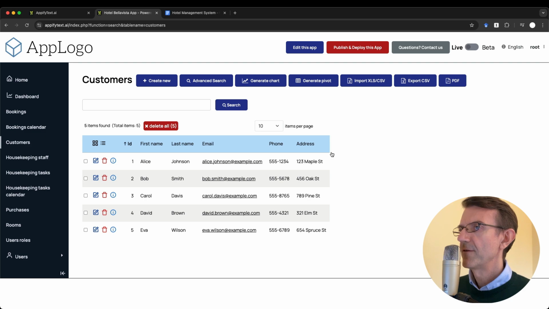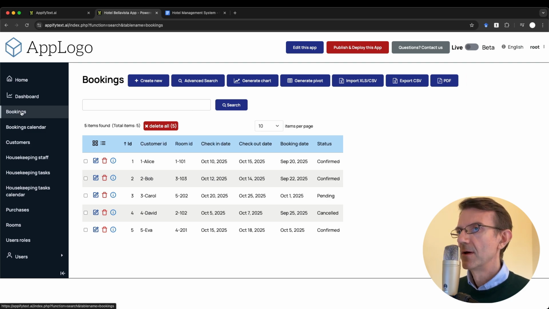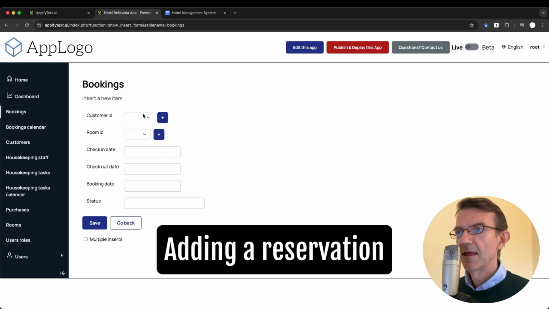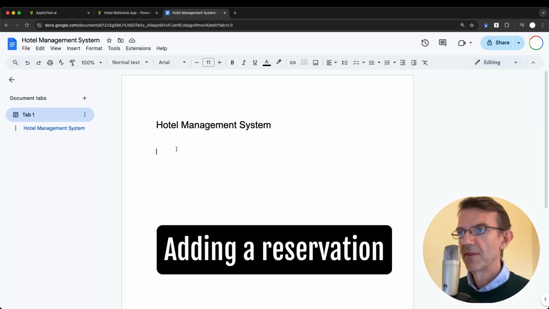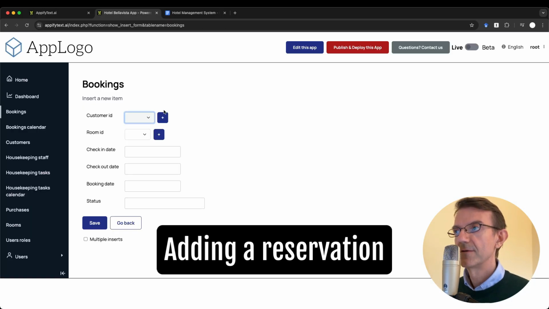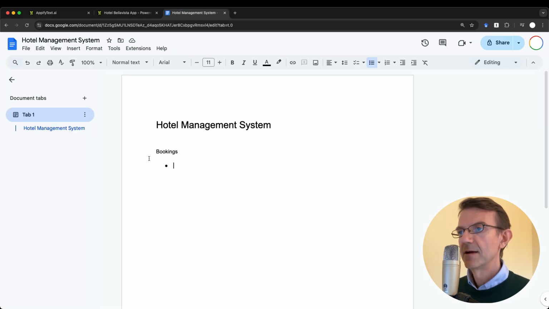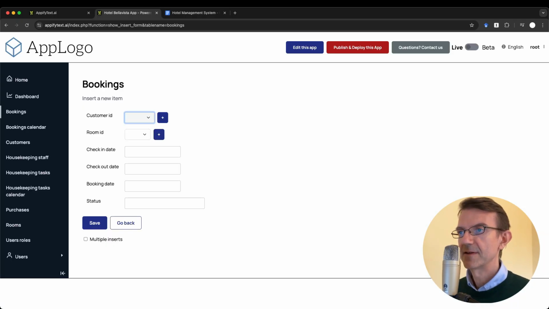Okay, the very first thing I will try to do is adding a new reservation. Let's say that we want to add a new reservation. We select the customer. So first thing, bookings. Let me take note of some improvements. Customer ID. I don't like this ID. So rename label. It should be just customer. Rename label customer. That's a minor thing, but